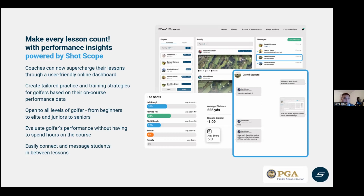We spent a lot of last year building this, and we launched it just prior to the PGA Show. And we like to think that new coaches can bring new users onto the system and into the Shotscope platform to gather data, create tailored practice plans, remove the awkward first 10 minutes of a lesson where you're trying to gather as much information about,